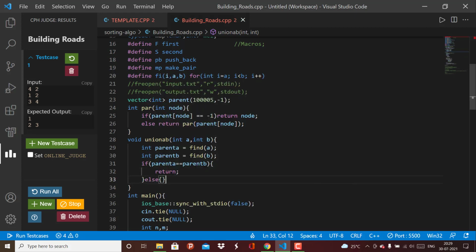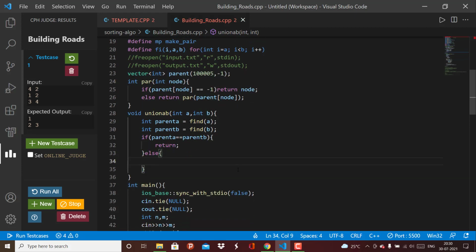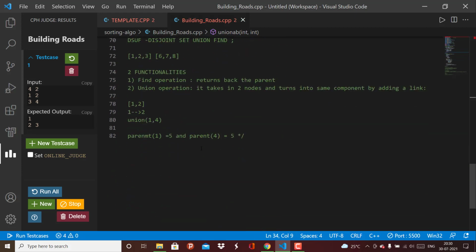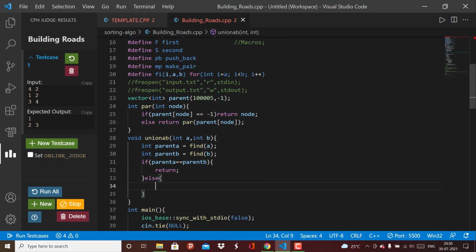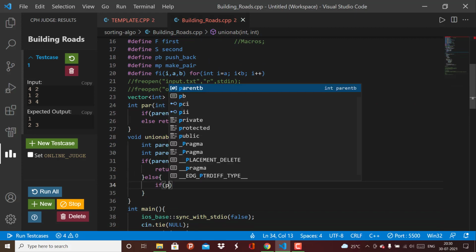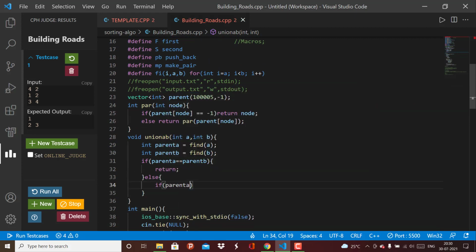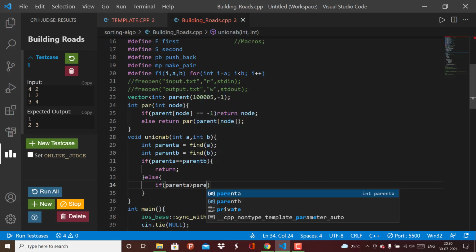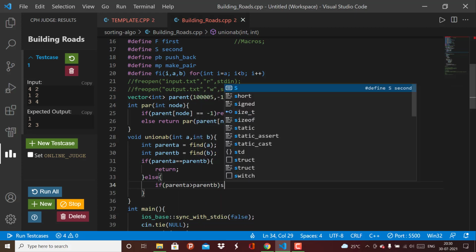Else, as the condition that we defined in the beginning is if they don't have any parent, the smaller will point to the bigger. So else if parent A is greater than parent B, we just swap them.